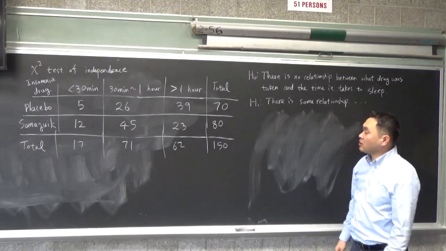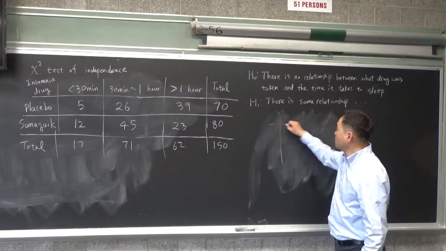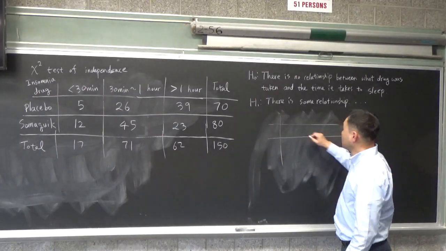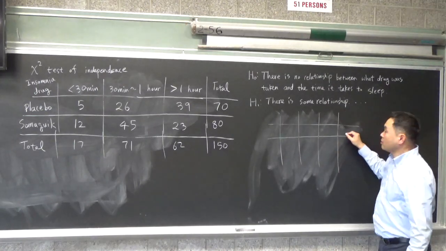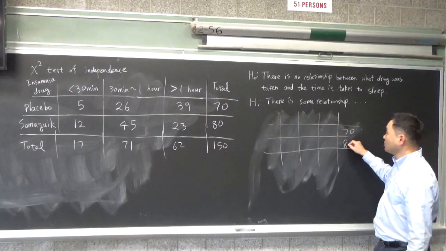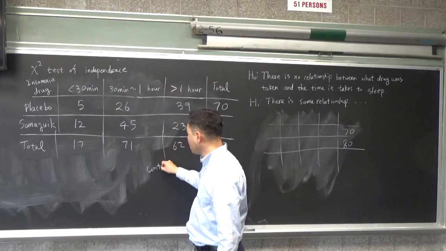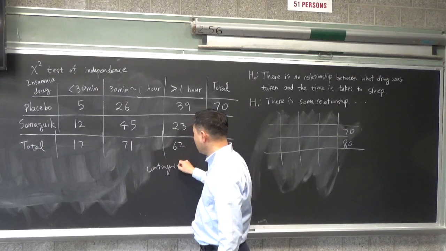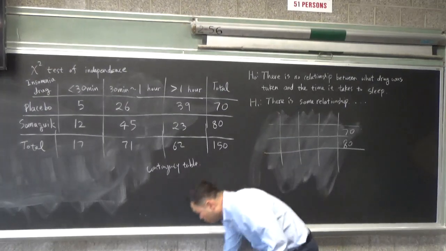And the way you make it up is, let's say you were given this table. By the way, this table has a name. It's called a contingency table. So suppose you were given the contingency table,